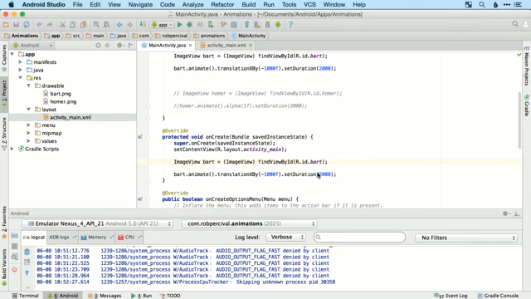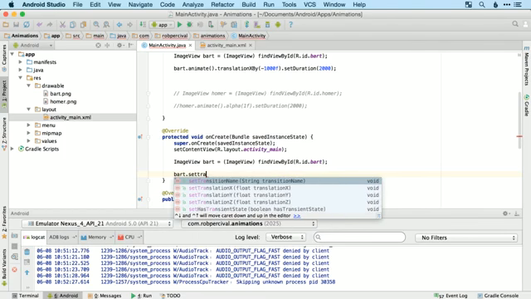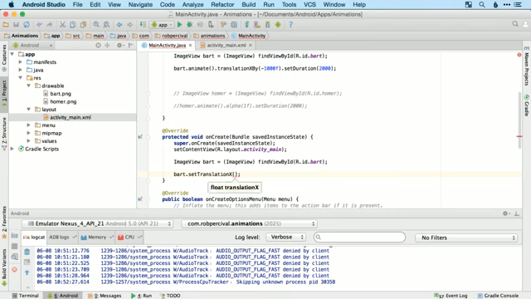So what we can do is, instead of animating, we just use set translation X. And that is basically the same as an animation, but with a 0 animation time. So it happens instantly rather than gradually. If we want to set him off the screen to the left, we might use minus 1000 and then the F to clarify that this is a float. And then of course we want to change the animation so that it's 1000 F, moving back to the right